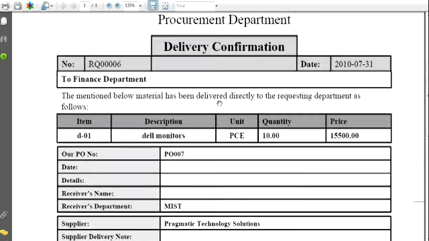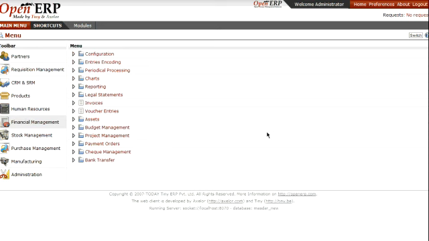The system can automatically generate invoices from the POs or from the packing list. To manually generate an invoice, you can traverse to supplier invoice and import the purchase order for which you want the invoice.